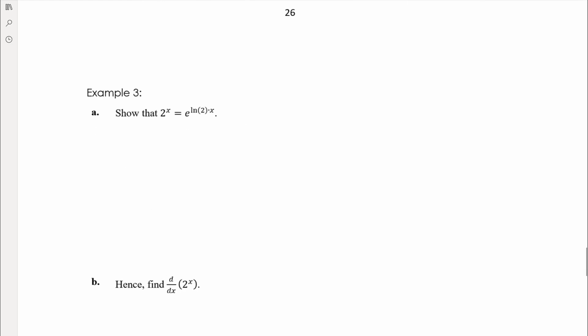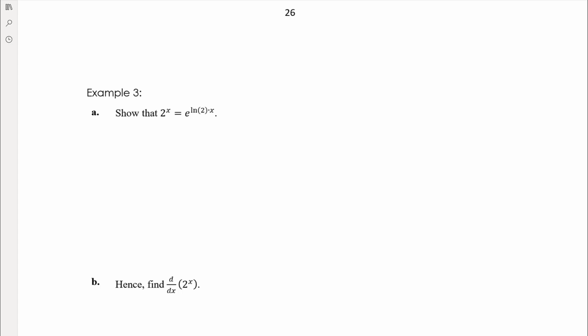Okay, example 3, the final example here. This is where I want to have a look at. What about if you want to try and differentiate an exponential that doesn't have a base of e? You won't be asked to differentiate 3 to the power of x, but I'm going to show you how it's possible to do that